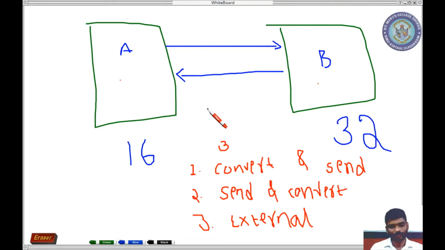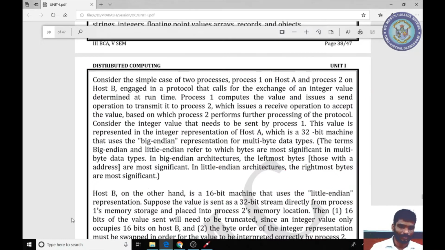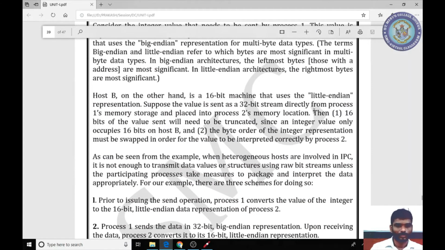For example, suppose you are going somewhere in Tamil Nadu. You do not understand Tamil and they do not understand Kannada. What do we need to do? You get a person who can understand both languages. Then you tell that person, the intermediator. He will convert it into Tamil and tell it to the Tamilian. Then the Tamilian will speak in Tamil, the intermediator listens, converts it to Kannada, and informs you. That is the case. These are the three main steps used in